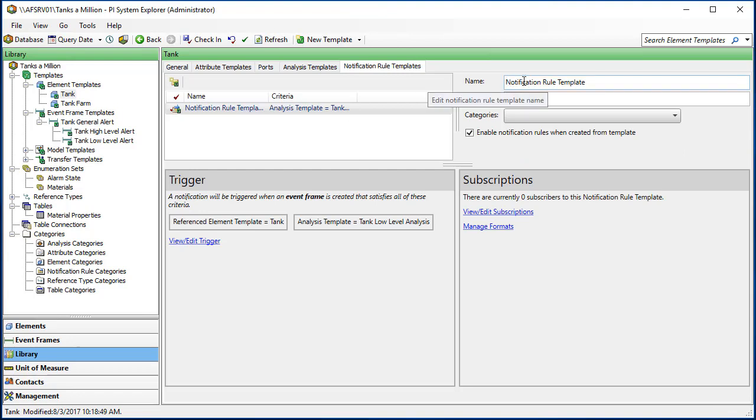and I will give it a meaningful name. And there's nothing else for me to change here. The trigger and everything has been automatic for what we've done. I'm going to go ahead and use the vanilla subscription, and I really don't have to have this sent to anyone, although you probably would want that, but in our case, just to keep the example simple, I'm not going to send it to anyone.